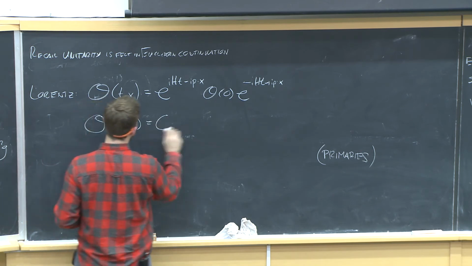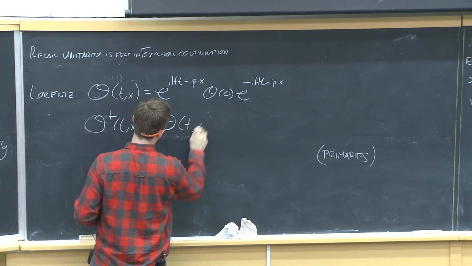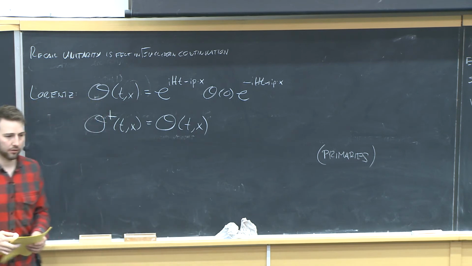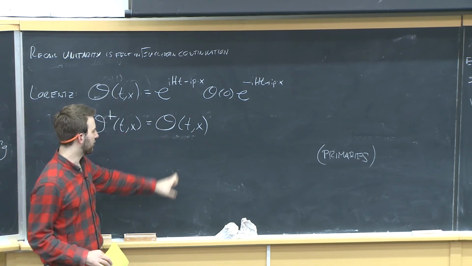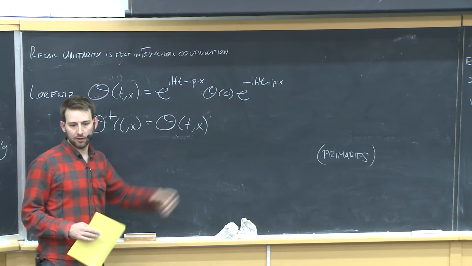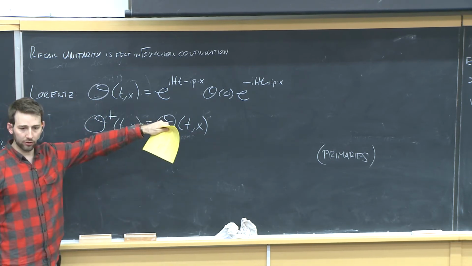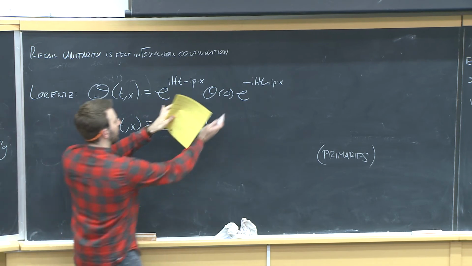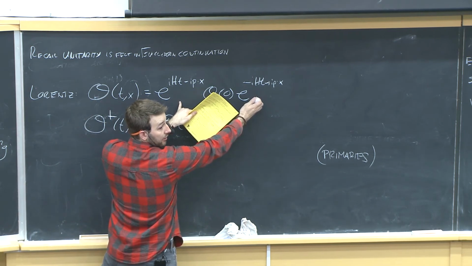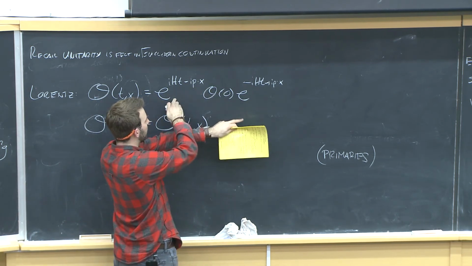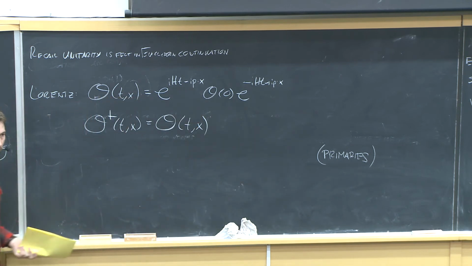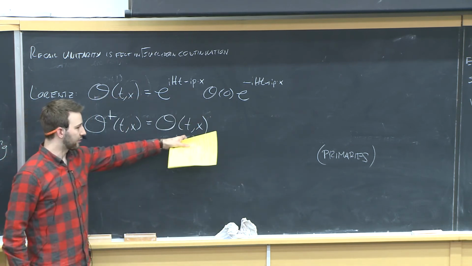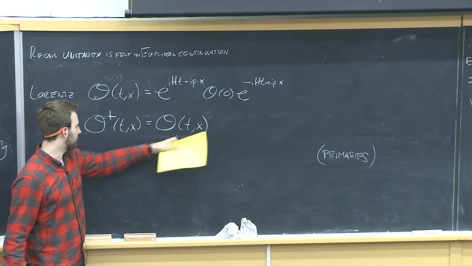And I can define a Hermitian operator as one which is equal to its own Hermitian conjugate at the same point. That's because if an operator is Hermitian at the origin, and I Hermitian conjugate this whole side, then I switch the orders, the i's flip, and H and P are Hermitian in a unitary theory. So I get back an operator at the same point, which is the parallel translate of,